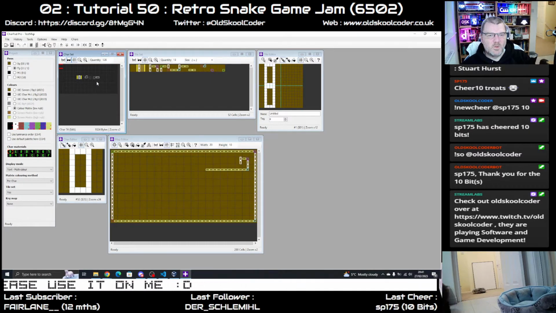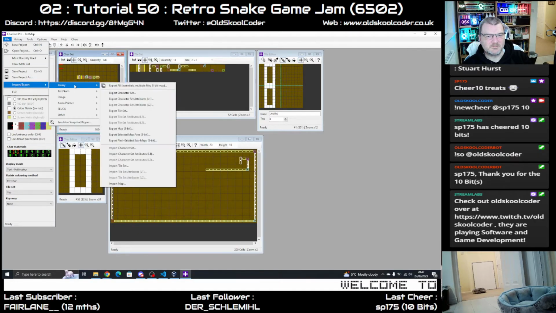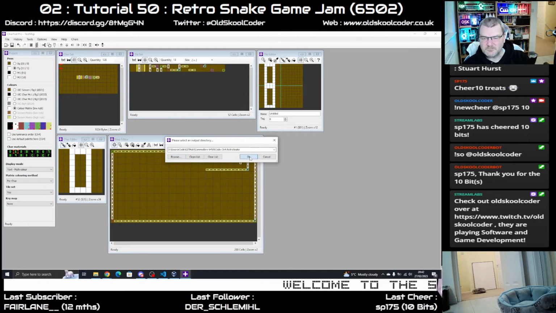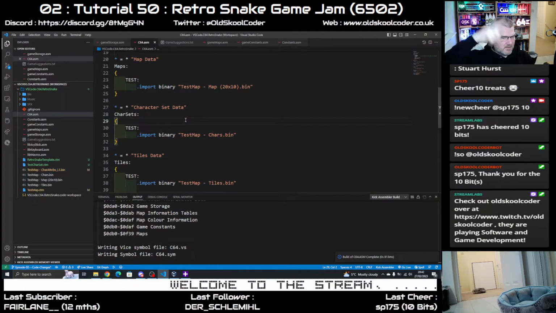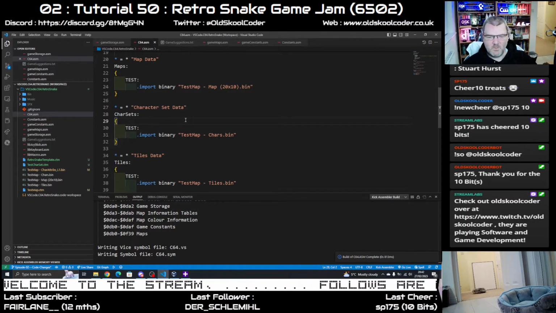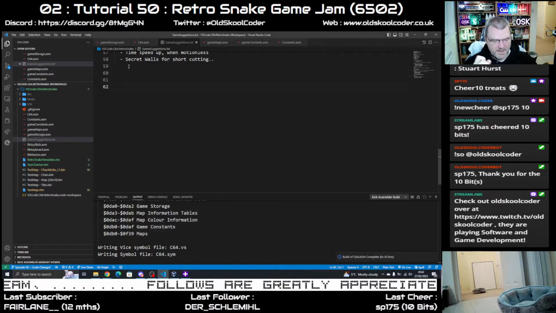So we said the wall is 1, yeah? So 1. Right, let's just export that. So we can check the wall. So the way I was thinking about doing the snake, right, is we would have